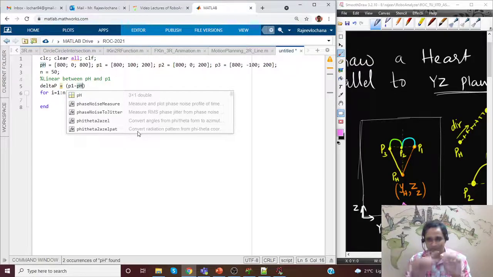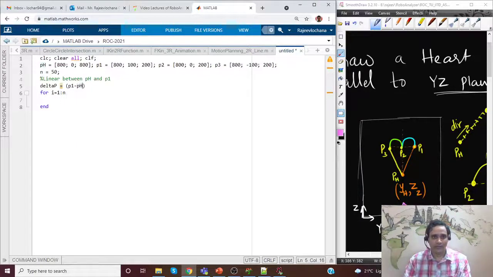When I do P1 minus PH, I'll get the vector from PH to P1. It's a big vector. This whole thing divided by n, so that means I'll have a smaller sized vector. Okay, so this is one way of doing this delta p business.